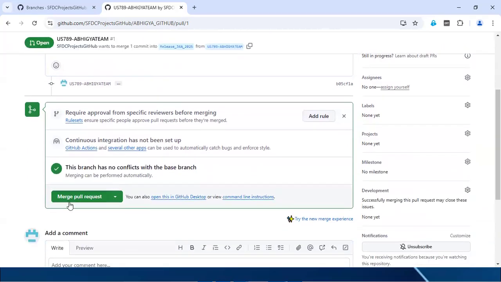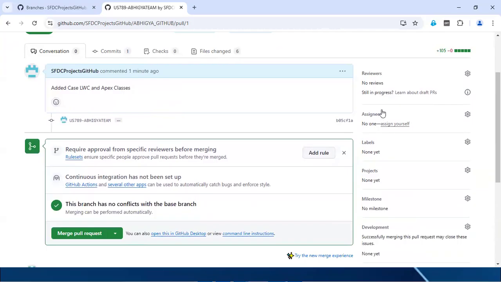So here it is showing the merge pull request option. By default this will not appear in real time until the reviewer approves. The reviewer can review and approve it, and only then will this button be enabled in real time. But we don't have any reviewers, right? That's why it directly shows merge pull request. Once the reviewer has reviewed it, he can merge it, or we can also merge it after he approves this